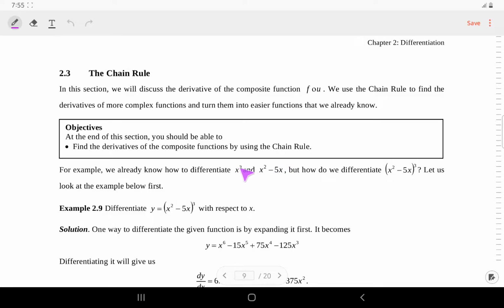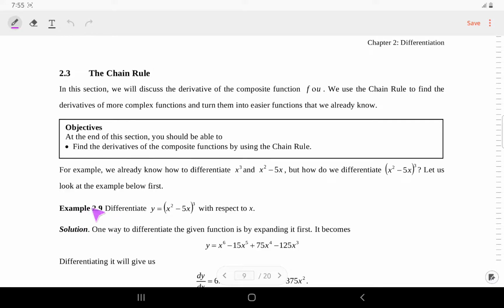Okay, x cubed, when we differentiate it, we will get 3x squared, and x squared minus 5x, when we differentiate this function, we will get 2x minus 5. So you already know this one. But how to differentiate this function? The same function, x squared minus 5x, but we got power of 3 here. So to differentiate this function,